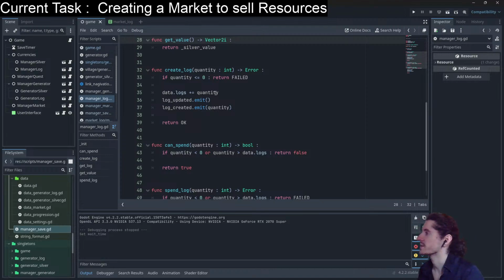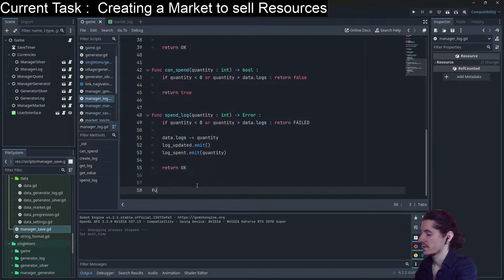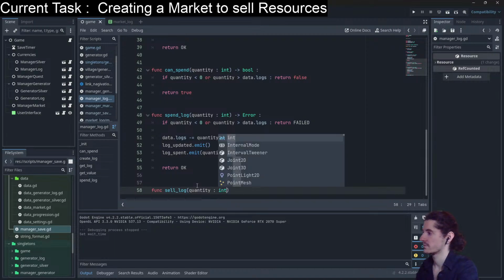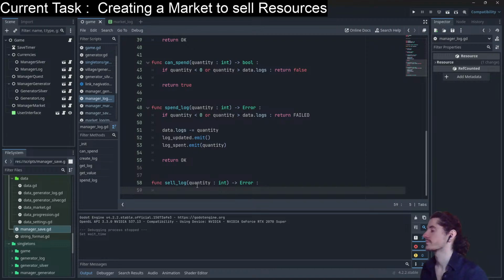I'm at the right place now. So here we want to sell logs, basically. Function sell. Actually error. Or maybe not error, but